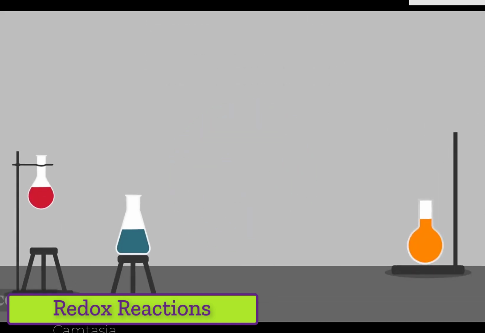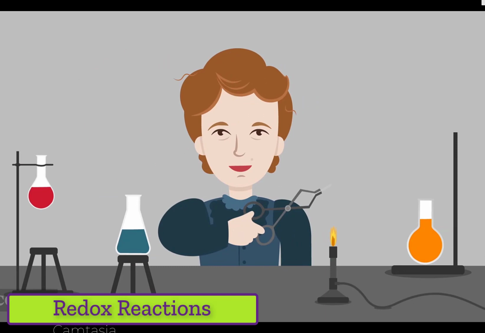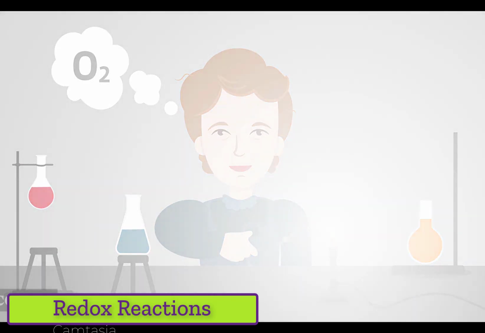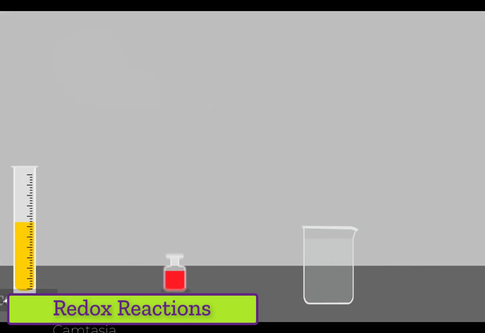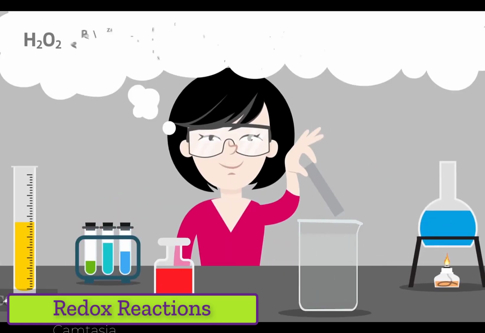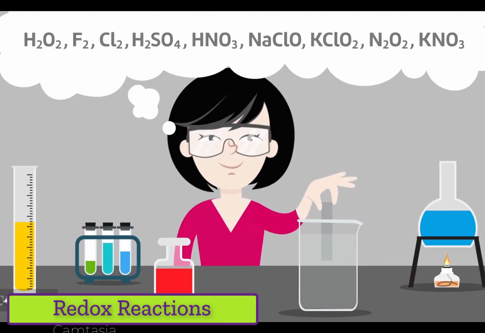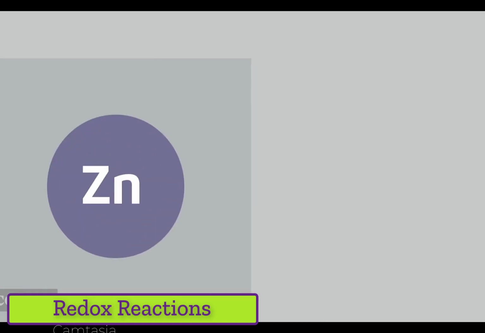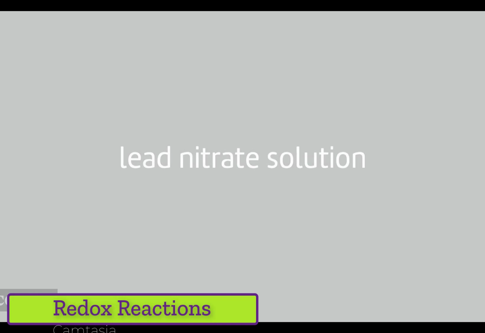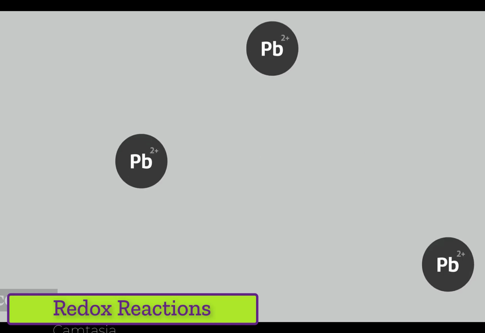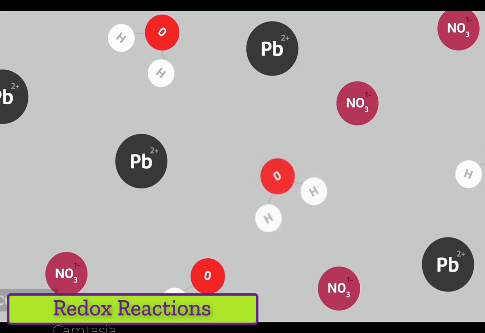Historically, the only oxidation reactions that scientists knew about all involved oxygen. That's why they called them oxidation reactions. But now we know plenty of oxidation reactions that don't involve oxygen, like the formation of lead trees from zinc and lead nitrate solution. The zinc atoms have no electrical charge. Lead nitrate solution, on the other hand, consists of positively charged lead ions and negatively charged nitrate ions moving about